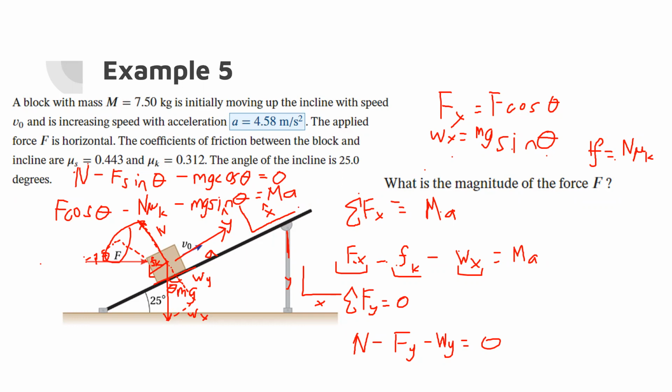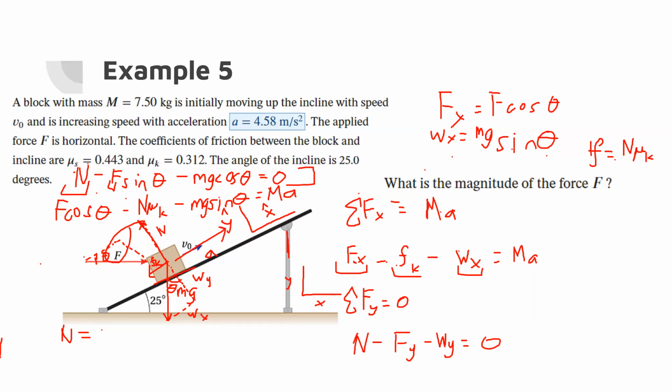So now I can see that I'm trying to solve for F, but I don't know what the normal force is. Everything else I can calculate, or I'm given values for, and so this becomes a system of 2 equations and 2 unknowns. Since I'm trying to solve for F, I'm going to eliminate the variable n by solving for it first using this first equation here. And that will give me that n